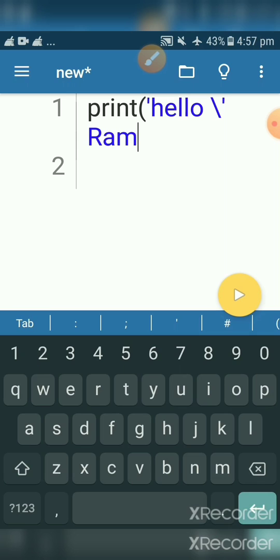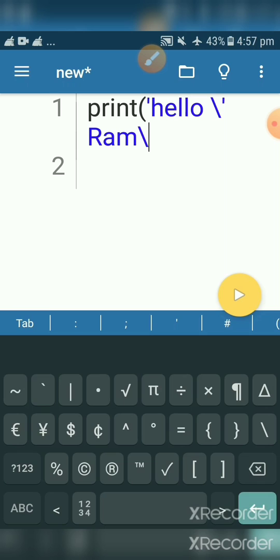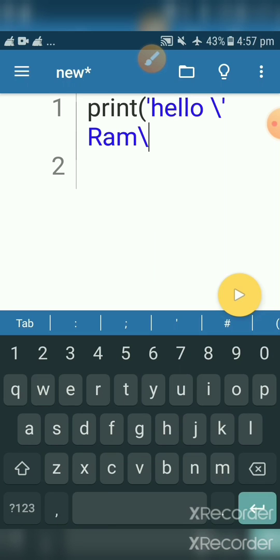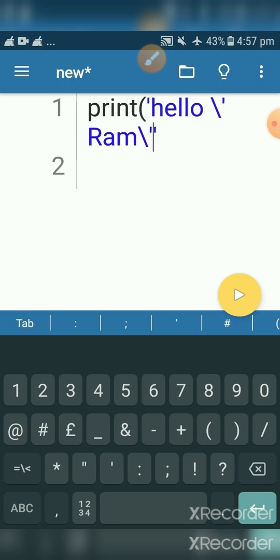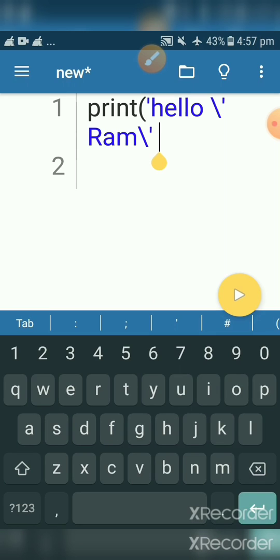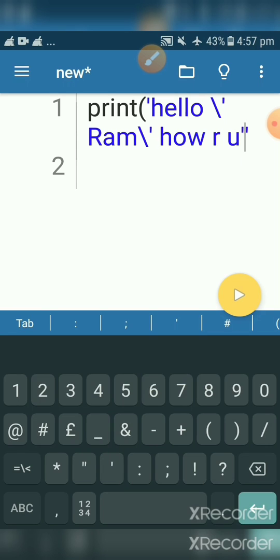Okay, then what you have to do? You have to close this by using backslash and single quote. Okay, after that hello Ram, how are you? Okay, now again put single quotes.